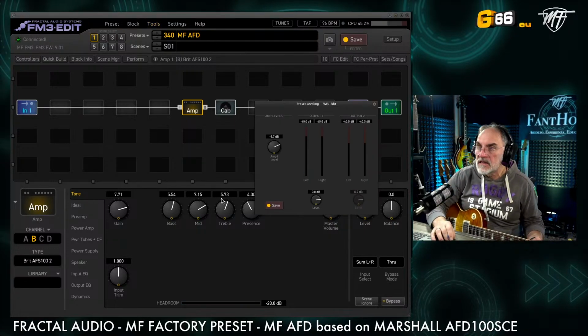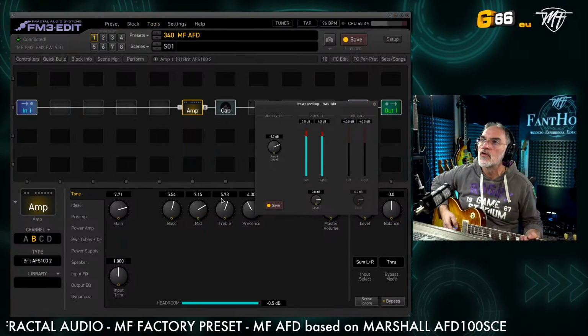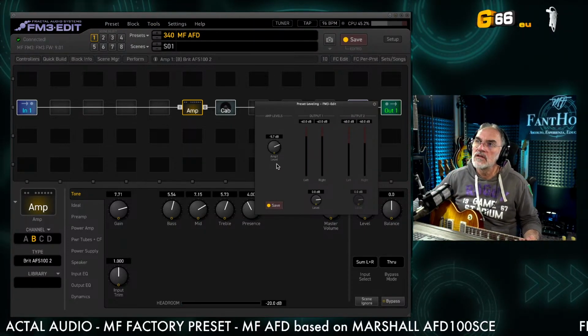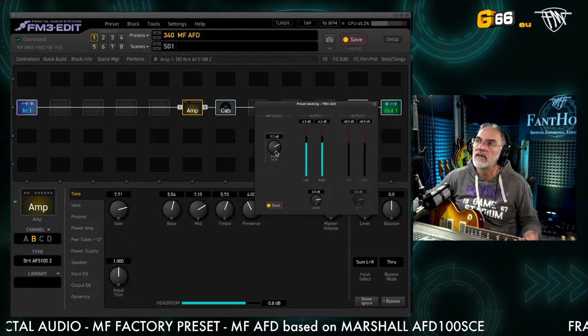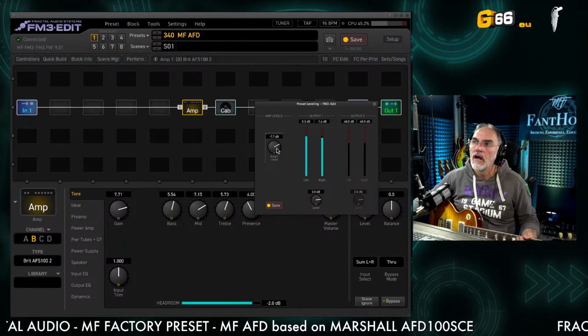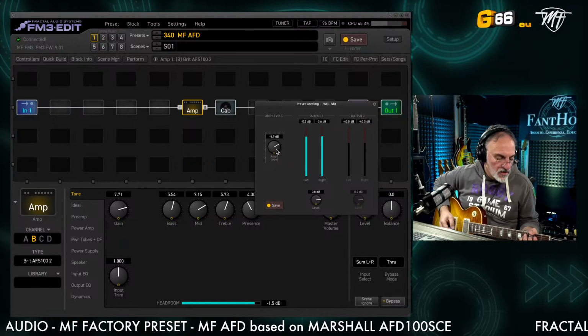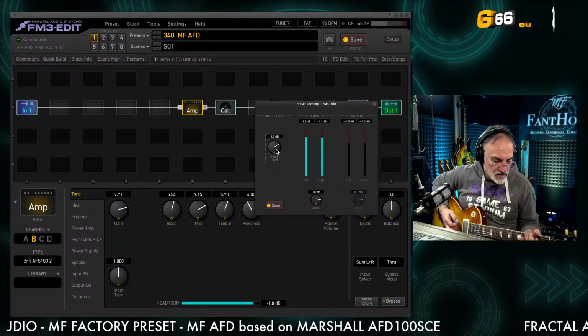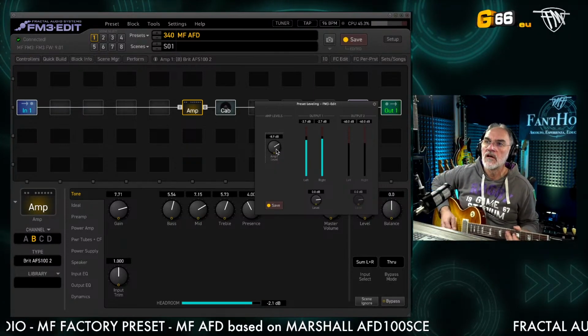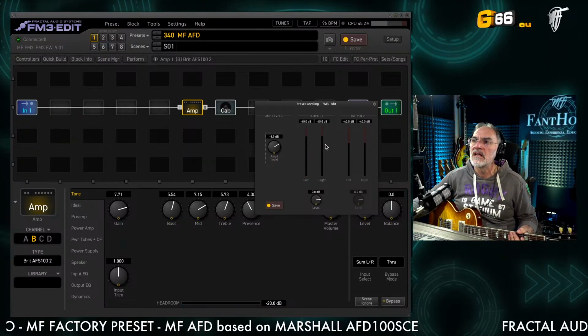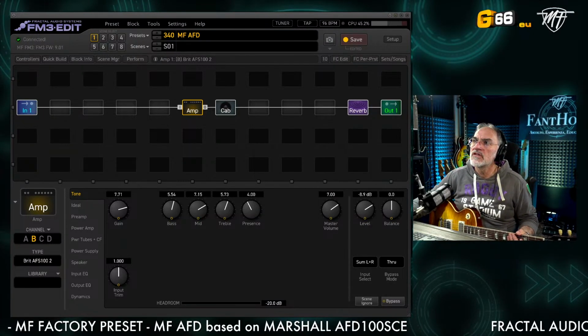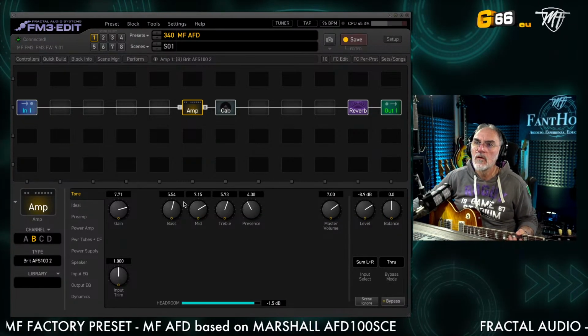In this case, the behavior is different because the sound is too much, so I have to reduce the amp level. And also there are too many bass frequencies, so